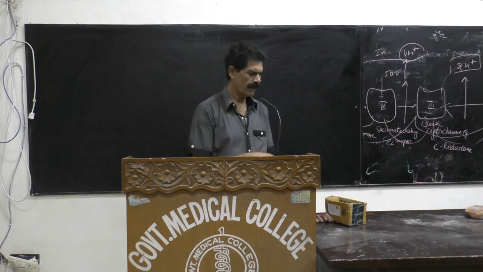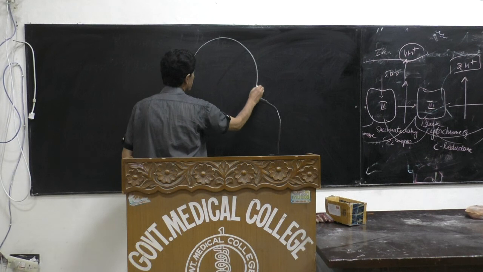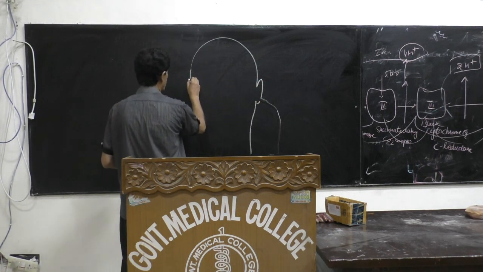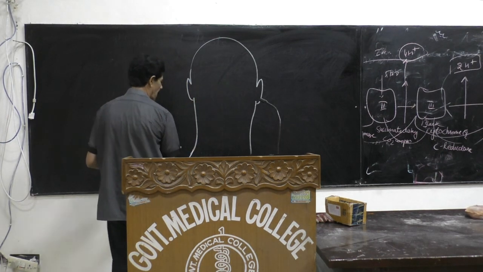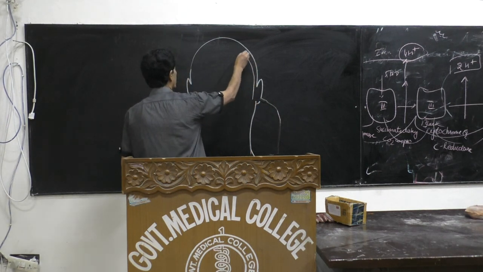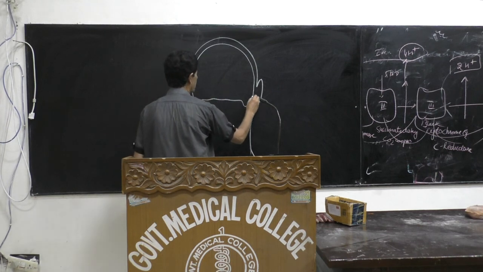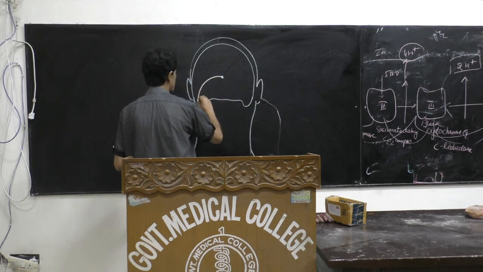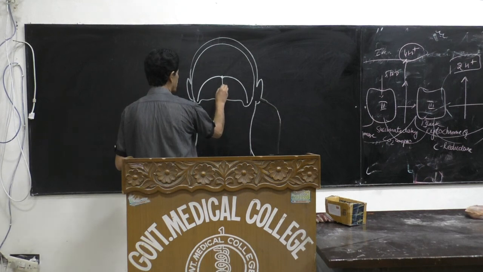Suboccipital triangle, we are going to see the deep structures. We have done how the vertebral artery goes into the second, third part with the norma occipitalis, the mastoid process, and this is the margin of the external occipital protuberance. This is the superior nuchal line, the external occipital crest is the inferior nuchal line,